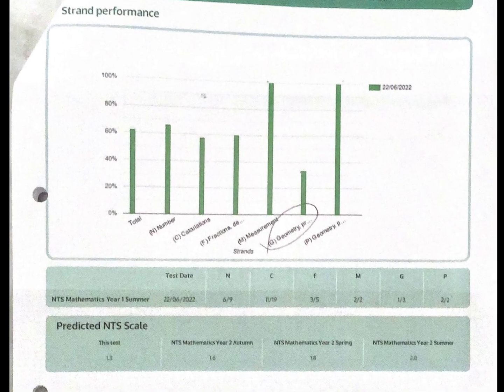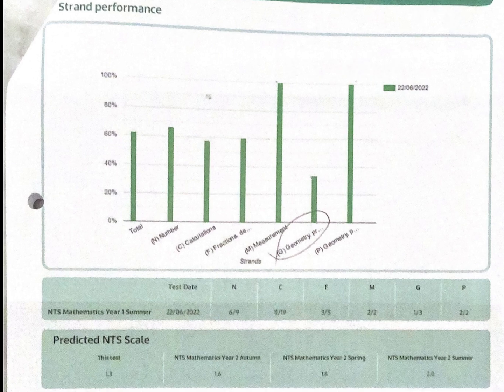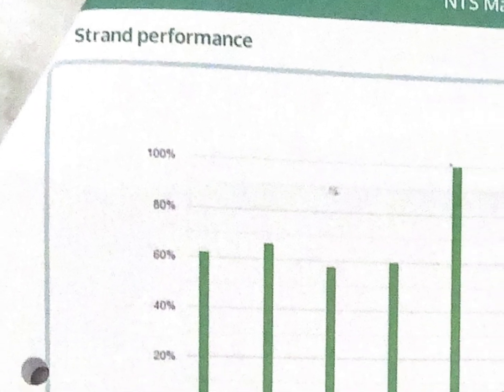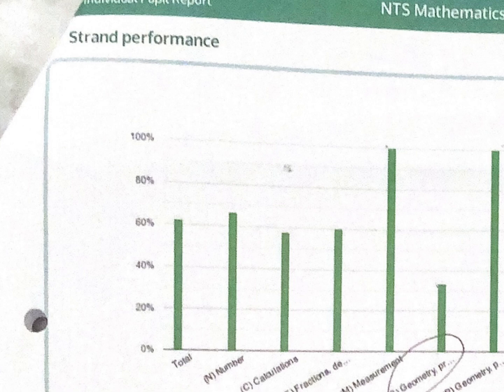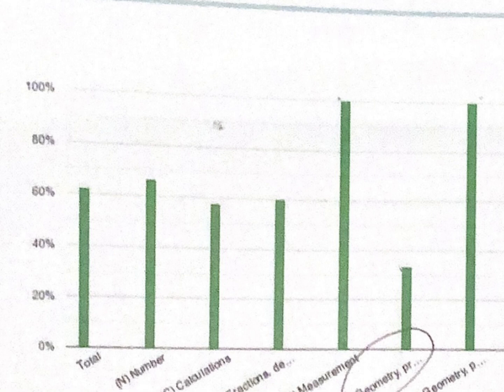The second page is really helpful in letting us know what strengths a child has and what areas of mathematics they have to develop. You can see here the green bars have been broken down into all the different areas of maths. If we look at how this child has performed, we can tell that they have particular strengths in measurement, as the bar is right at the top, indicating that a child obtained 100% of the marks available for measurement. We can see, however, that geometry is an area to develop for this child, as the bar is much lower. This graph is really useful as it lets us know where to focus our attention when it comes to